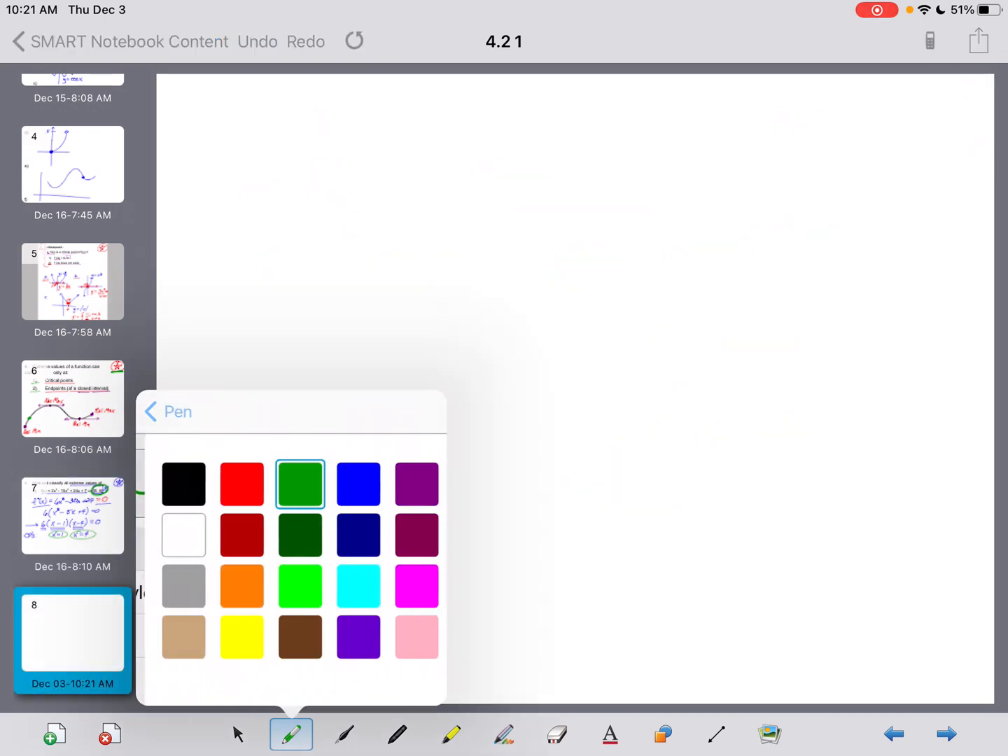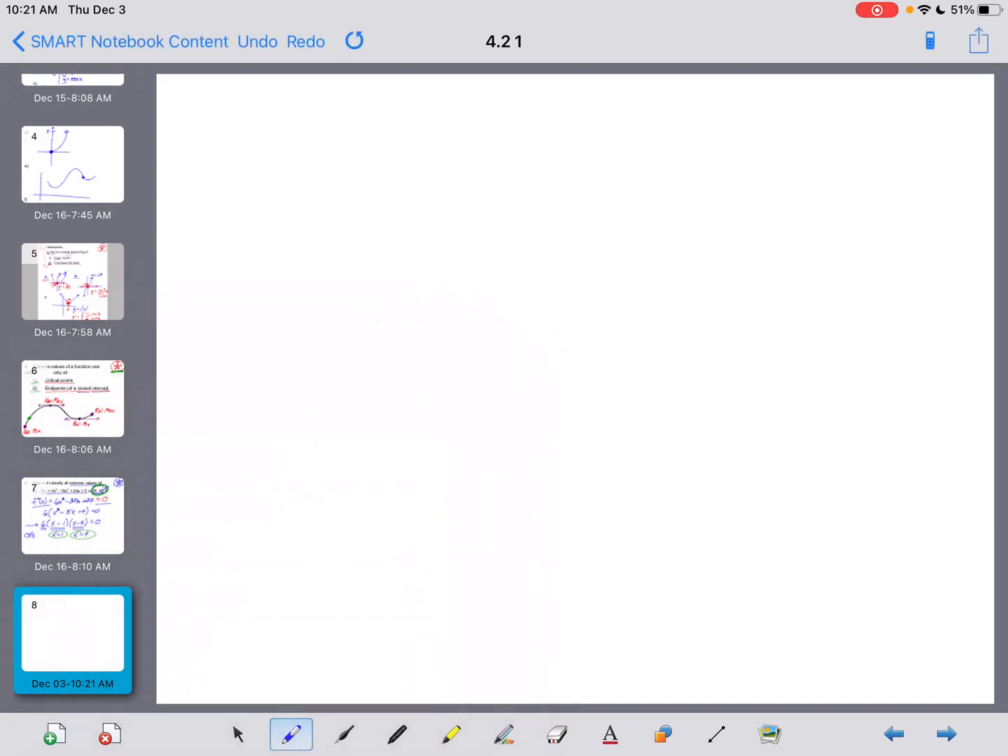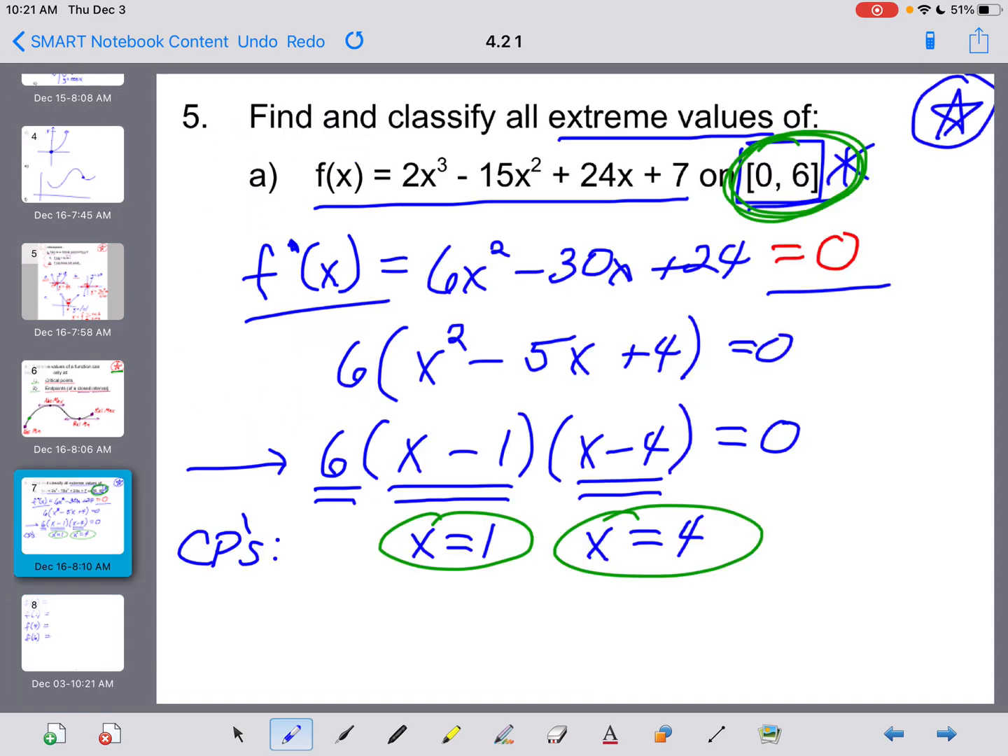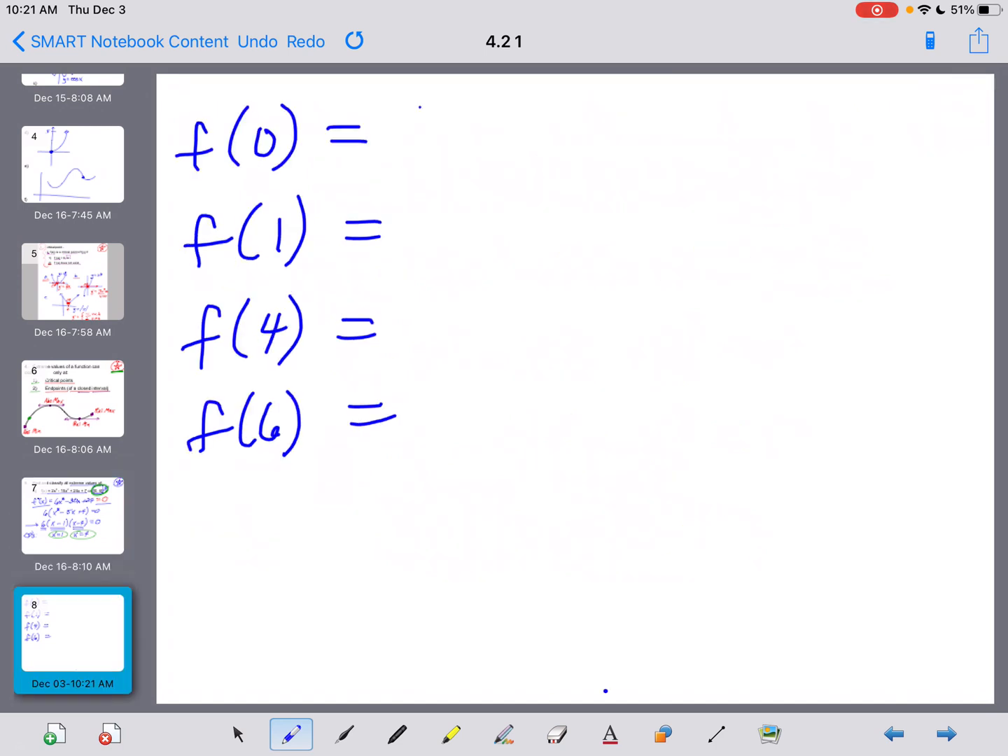So I'm going to go to a new page here because I'm running out of room, and we're going to go ahead and evaluate the function at each of those 4 values. F of 0, f of 1, we have an f of 4, and we have an f of 6. All right, how easy is this going to be to do in my head? Well, f of 0, yeah, I can handle that one. 0 minus 0 plus 7 is going to give us 7. So we know that this graph begins at the ordered pair 0, 7,